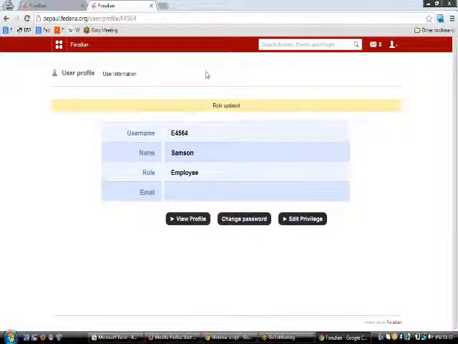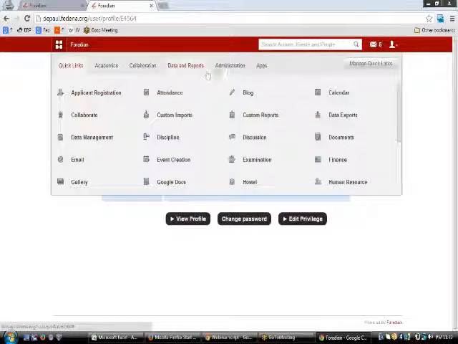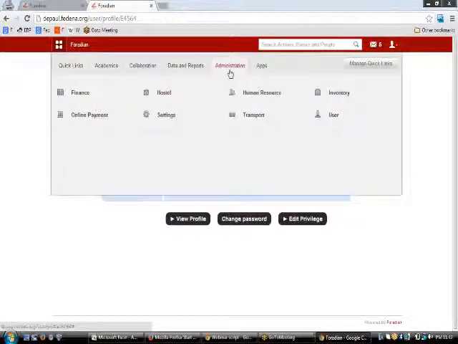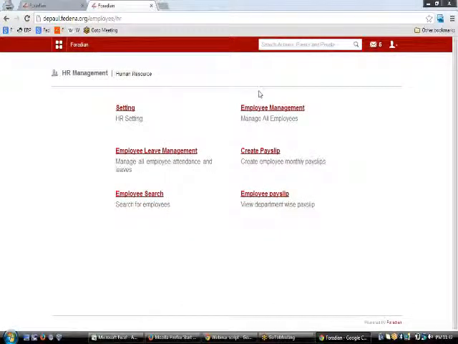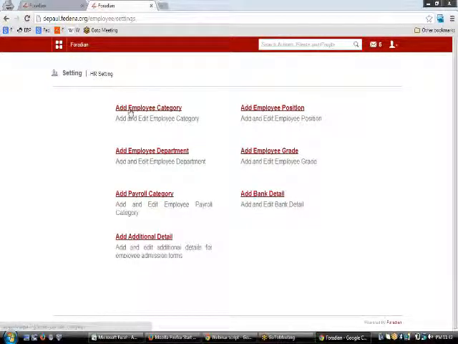So that was all about this user part. So now let's go to the HR part and learn what we can have in the HR part. The HR part starts off with the human resource module. Just like any other module, we need to do a bit of settings for this too. Just click upon settings